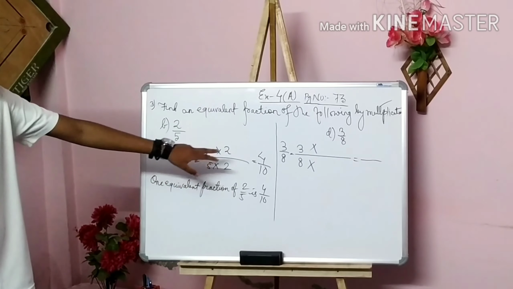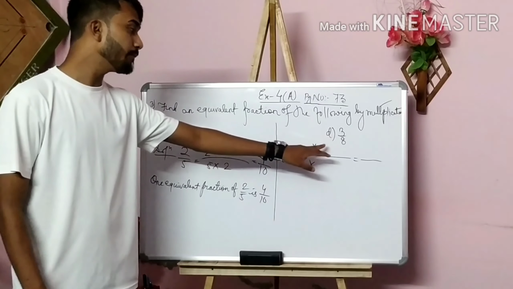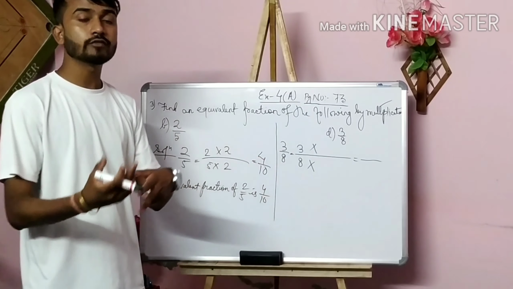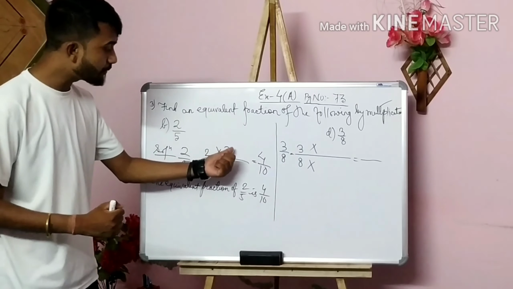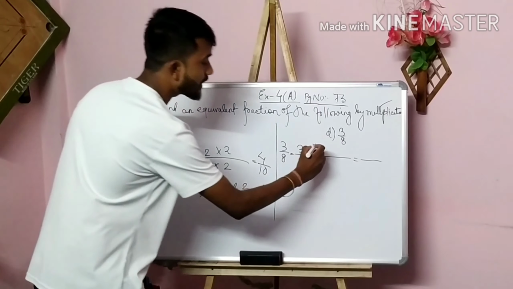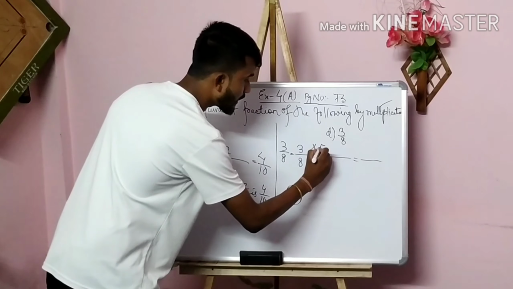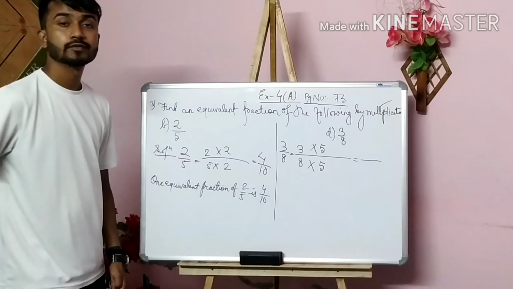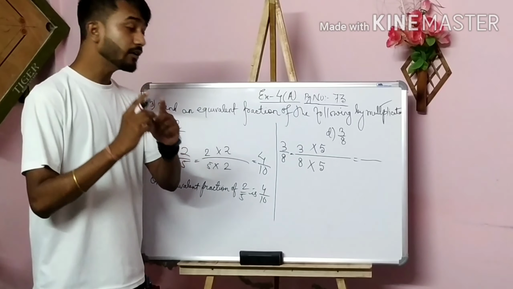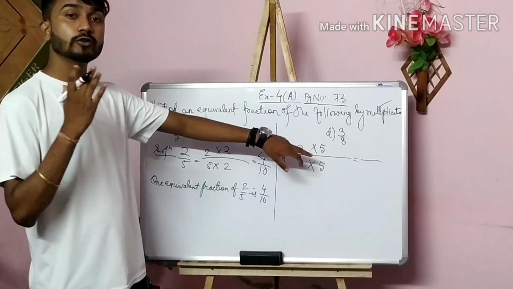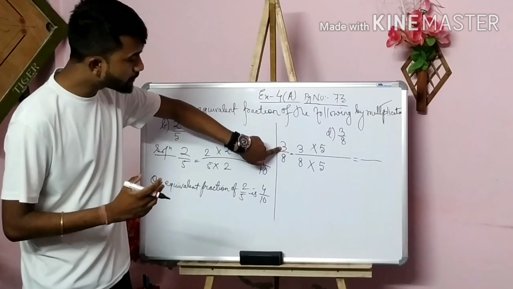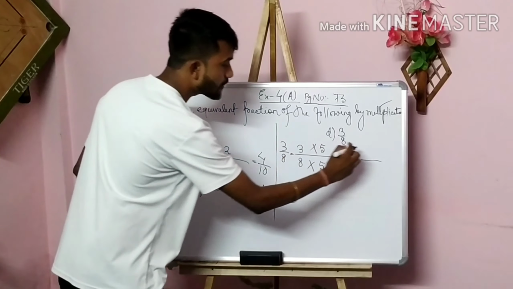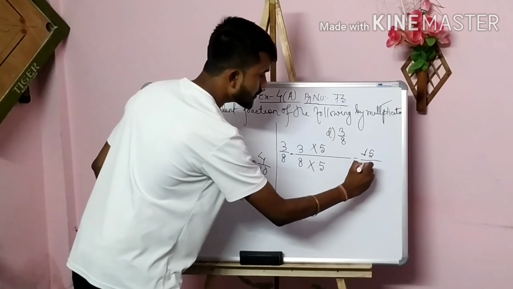Now this 3, again same thing, I can multiply 2 2 also, 3 3 also, 4 4 also, 5 5 also. For your convenience, so that you don't think I have to multiply by 2 only, I am writing 5 here. So if I am writing 5 in the numerator, I have to write 5 for the denominator also. What I said, that whatever number we are going to multiply, it should be the same for both numerator and denominator. This is the only condition. So 5 3s are how much? I have got 15, and 8 5s are 40.